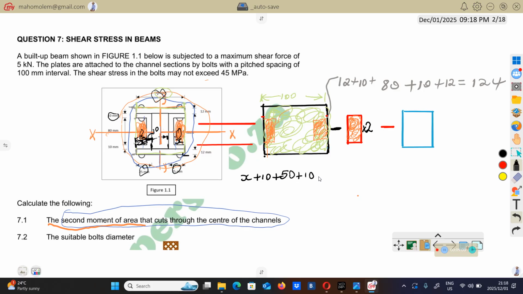Plus 10 plus x. This should give you 100. Then from there you will have 2x, which equals 100 minus 70, which is 30. Then 2x equals 30, so x should equal 30 divided by 2, which is 15. Right, so the dimension of this side would be 15, and then this side, which is